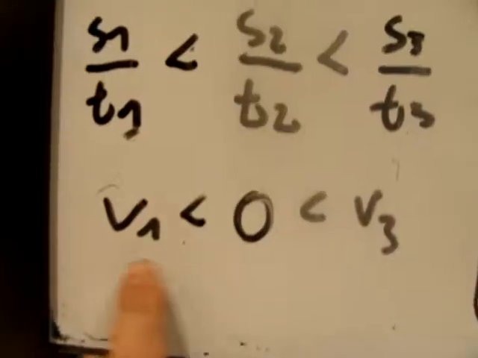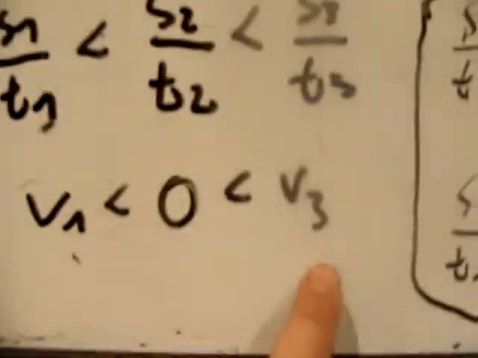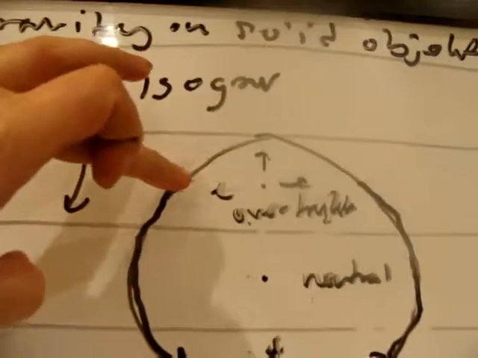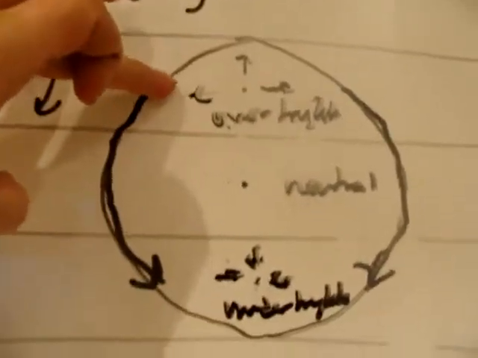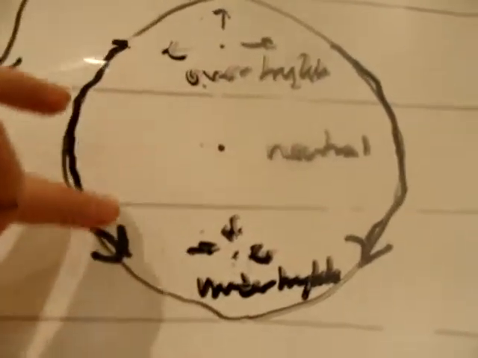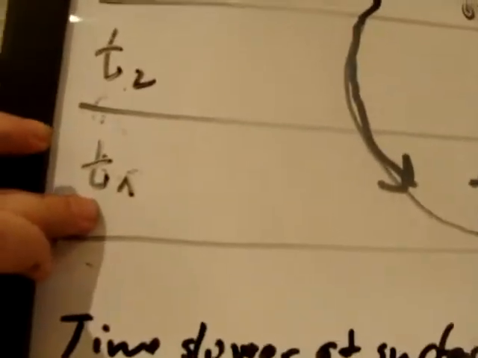And those two speeds are relative to each other. So if one is negative, it creates under pressure here, and V3 is positive, gets over pressure here. And because the pressure on this end of the solid is higher, it follows down the contour of the sphere and tends to go there, and you get this net force this way. If T1 is less than T2 and T2 is less than T3, if that